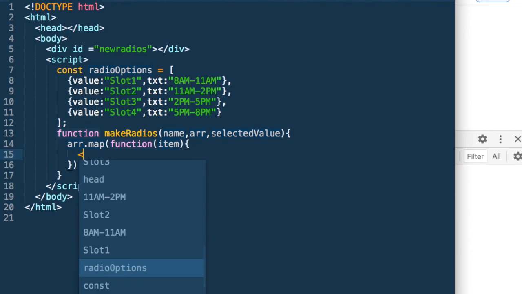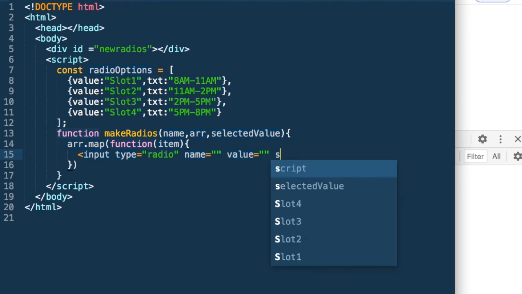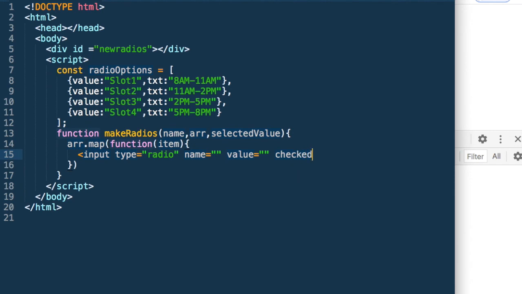Let's look at how do we define a radio. Input type equal to radio, name is equal to something, then value is equal to something, then we would say checked if it is checked, and then the value, show text.